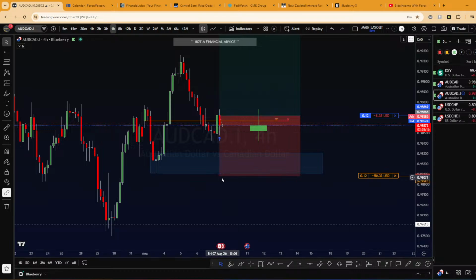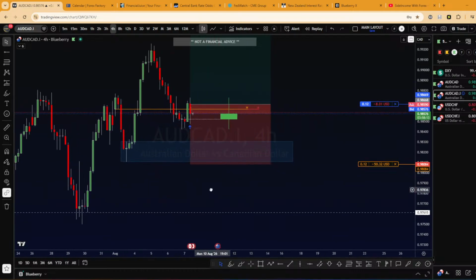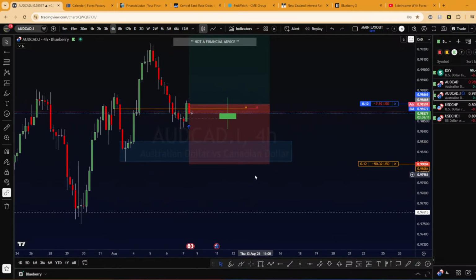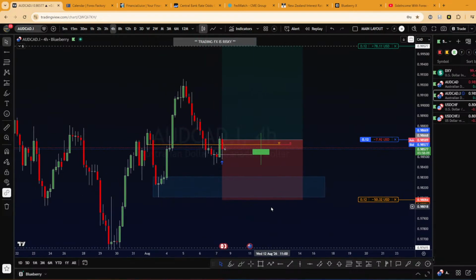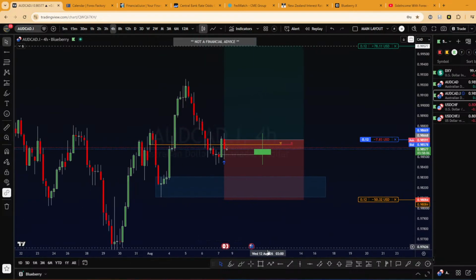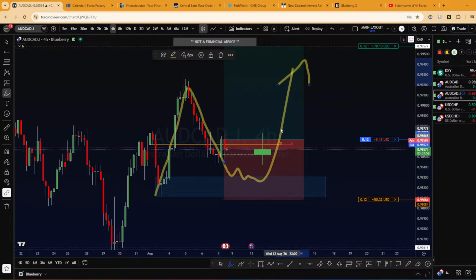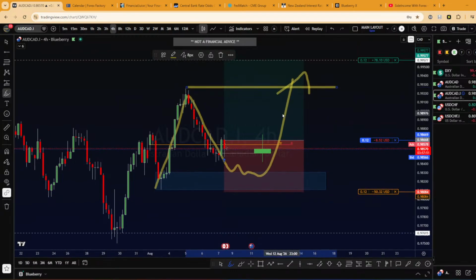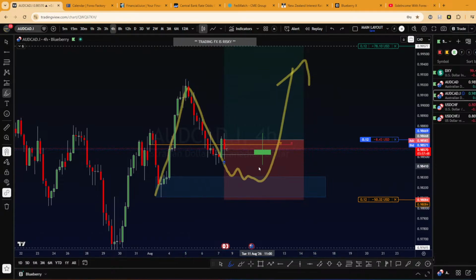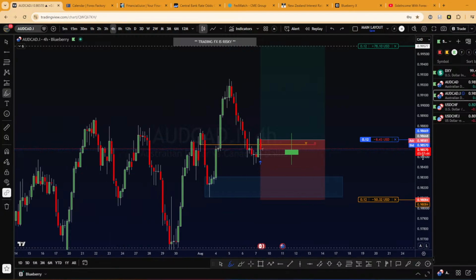Yeah, but I maintain my stop here. If I get stopped out, it's okay. I will re-enter next week because I still think that the trade is up. OZ is still strong fundamentally. So if we could get a continuation like that, I will be very happy. I will put my stop to break even once we reach this high and let the trade run. I think I will let this trade run over a week.